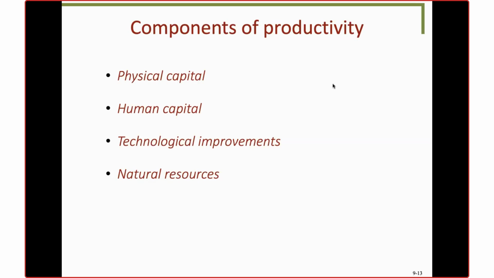So, firstly, productivity. Productivity refers to the efficiency with which resources are used to produce goods and services. It measures how much output can be generated with a given set of inputs such as labor, capital, and technology. In essence, it reflects the ability of an economy to produce more goods and services with the same or fewer